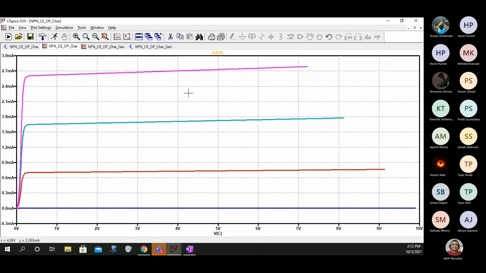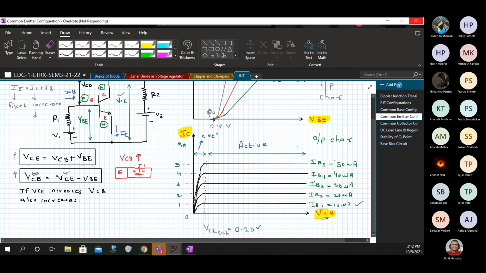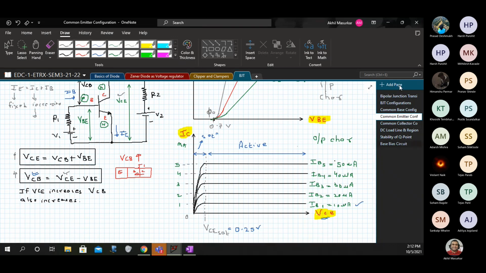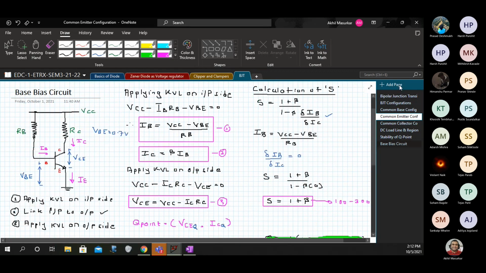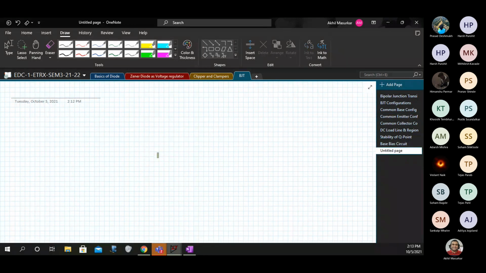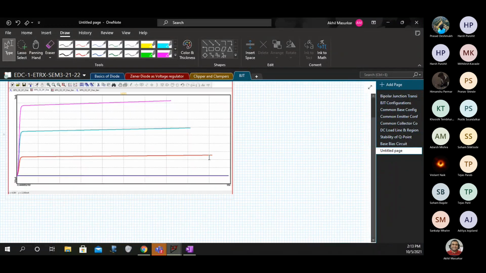So how can we actually do this? I'll just show you what I am trying to say. Just add a page. Okay, so this is the graph.